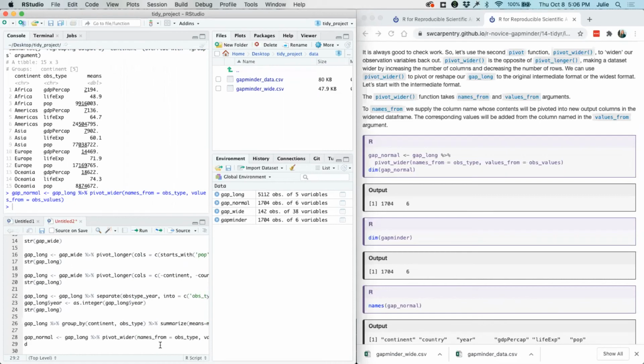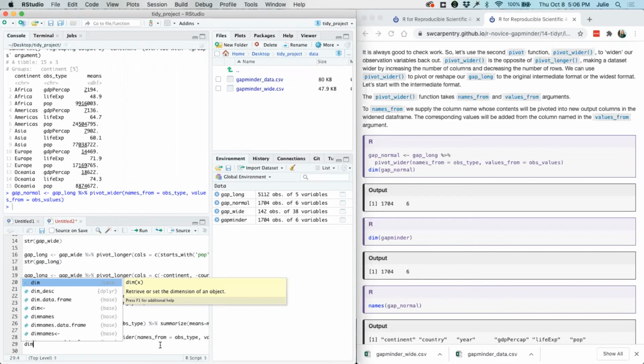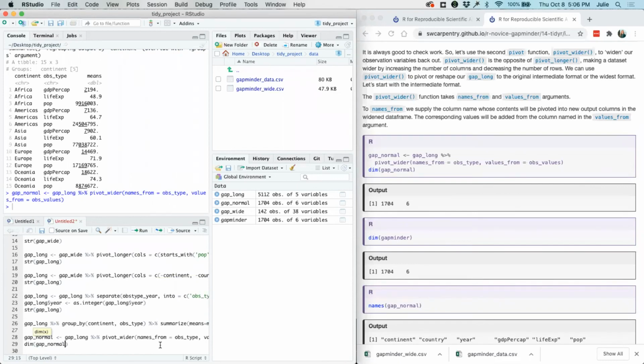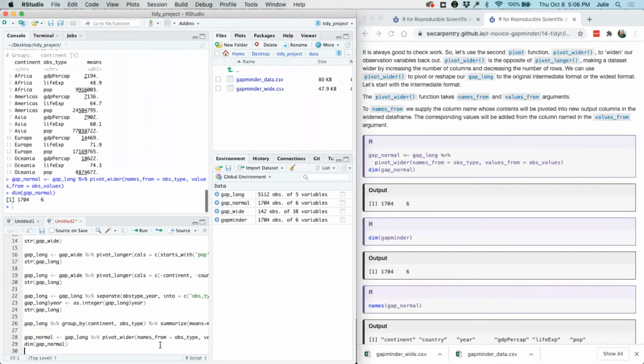And then we can look at some information about our gap normal that we've created. So we can use dim, which will retrieve or set the dimensions of an object. So we're going to look at the dimensions of our gap normal data frame. We see that we have that original 1,704 observations and 6 variables that we started with.